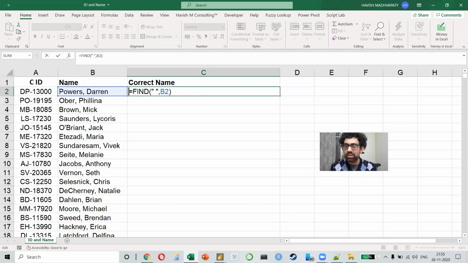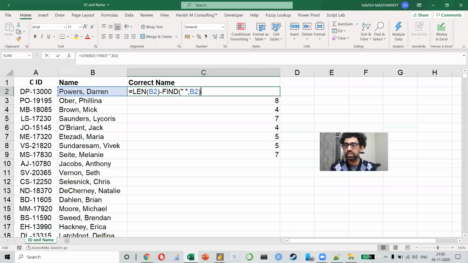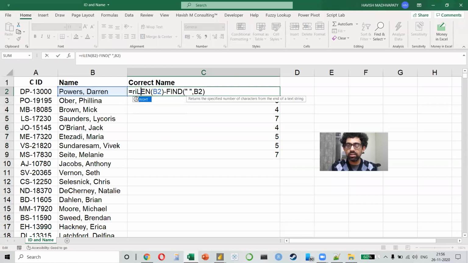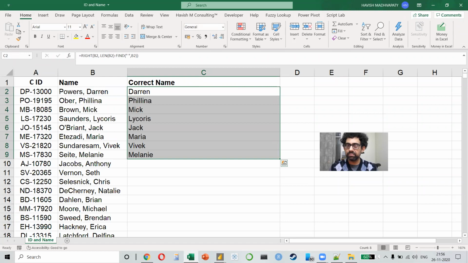Right? So if I say equal to length of B2 minus the find, what does it give me? 6. What is 6? 6 is the length of the first name. So now I can say equal to right, and from right of B2, I want to take the 6th character. So now it gives me the first name.